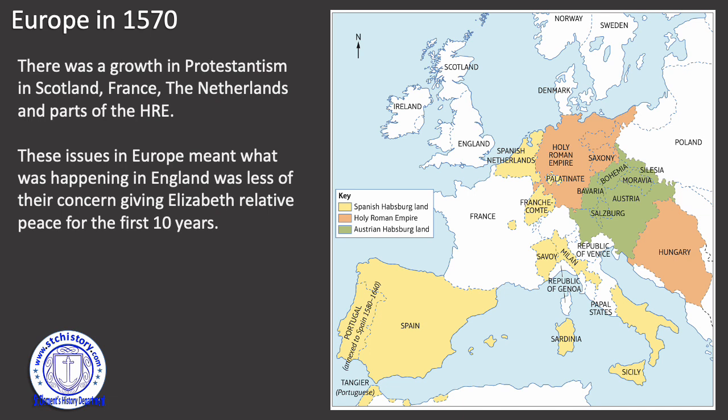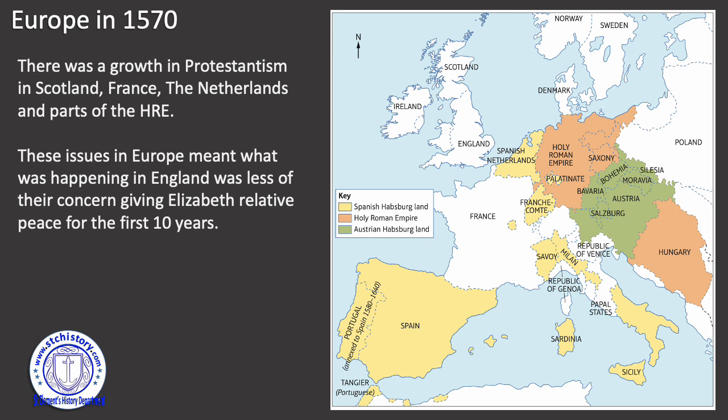So these issues quite clearly show that Europe is a bit of a powder keg, quite similar, I suppose, to World War One at the beginning. You know, there's lots of little alliances, and it's going to take one event that is going to blow this whole thing up. In this case, it's religion. So really, Europe being a bit of a mess is useful in the sense that Elizabeth can concentrate on just England in the hope that they'll be busy dealing with themselves. And partly that has become true.